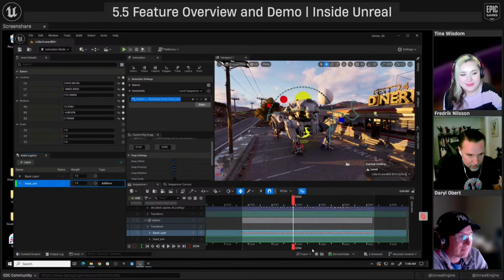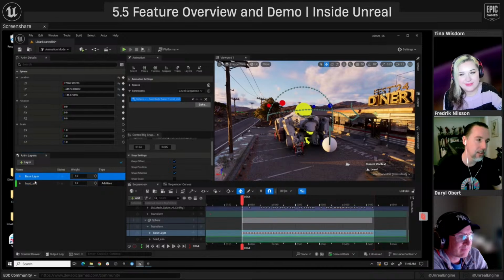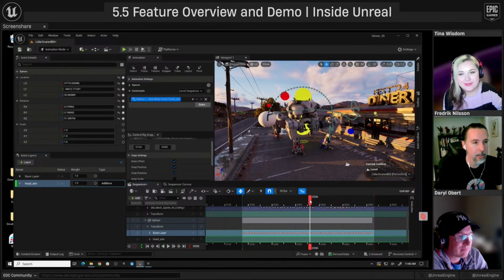So you see this green border that goes around that layer. That means when I set keyframes now on this object, those keyframes will go into this layer. Right? So this is just which layer I'm in and what am I keyframing. So now I can just say, all right, I'm going to create that bounce. So I just set a keyframe on this sphere. If I had it selected, it would help.